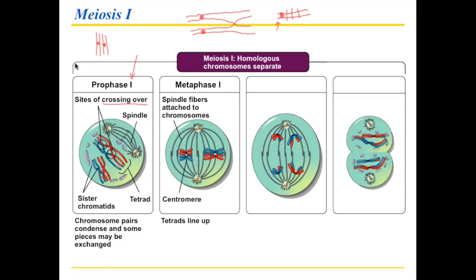Metaphase was another one of those phases that we already saw. The difference between metaphase in mitosis and metaphase in meiosis is that here you have the pairs line up in the middle. If you're looking at mitosis, the only thing that lines up in the middle is any old chromosome, any which way. They don't pair up. And so in meiosis, you find that the pairs, these tetrads, line up in the middle.